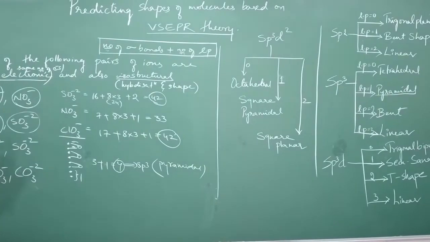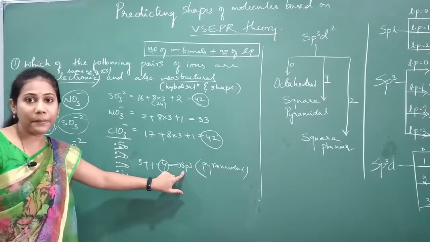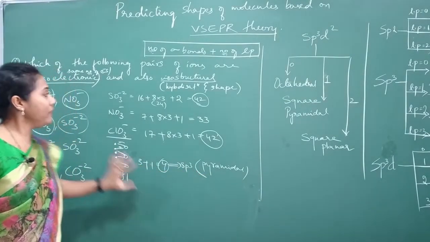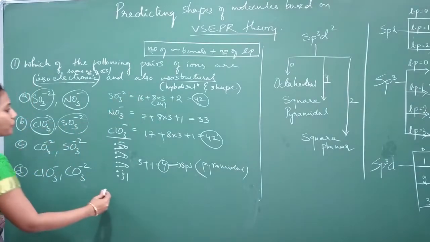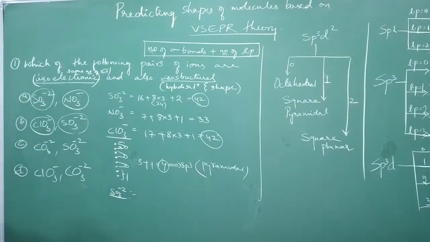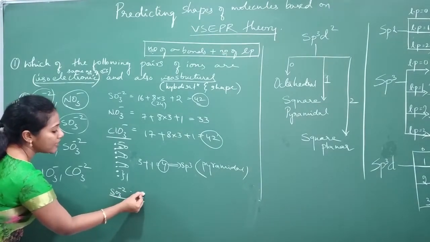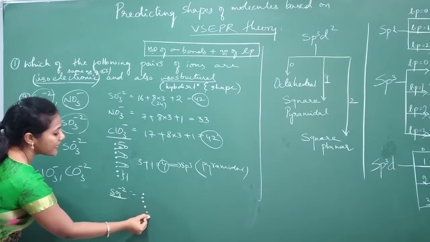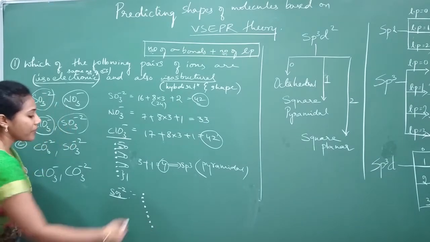Okay, and now let us check for SO3 minus 2 molecule also. If SO3 minus 2 molecule also is getting sp3 hybridization, if it is showing pyramidal, then we can say both are isostructural also. Okay, now let us check for SO3 minus 2. Sulfur is a 16th group element. It's having 6 valence electrons. So I'll be putting 6 dots. 1, 2, 3, 4, 5, 6, and 2 minus is there. So I should add 2 electrons to this.